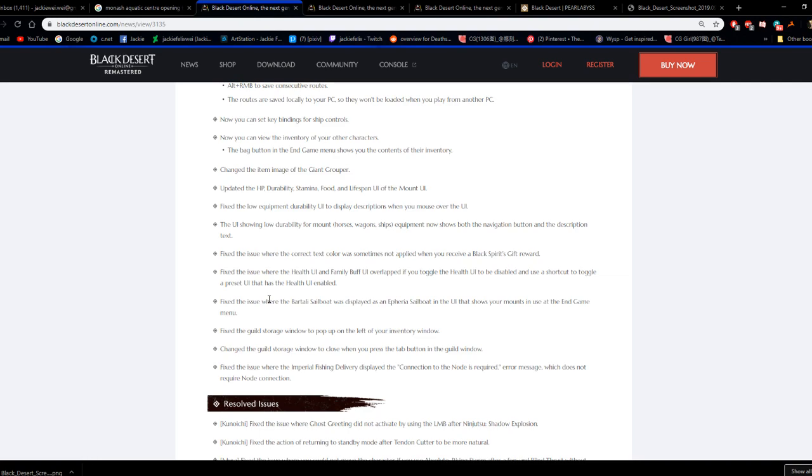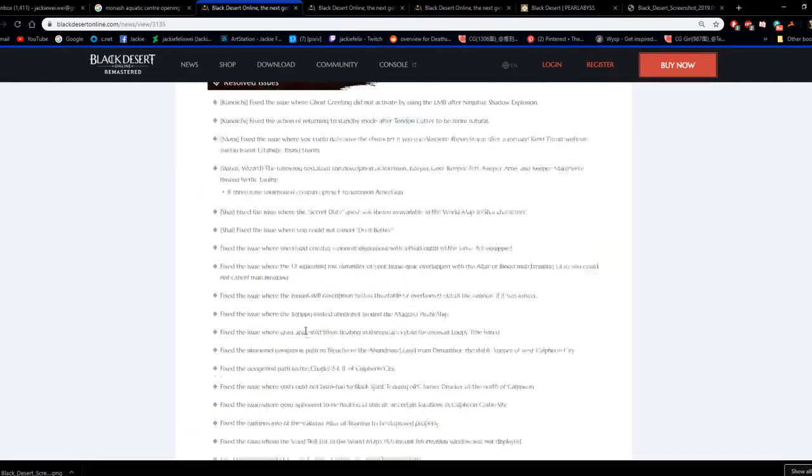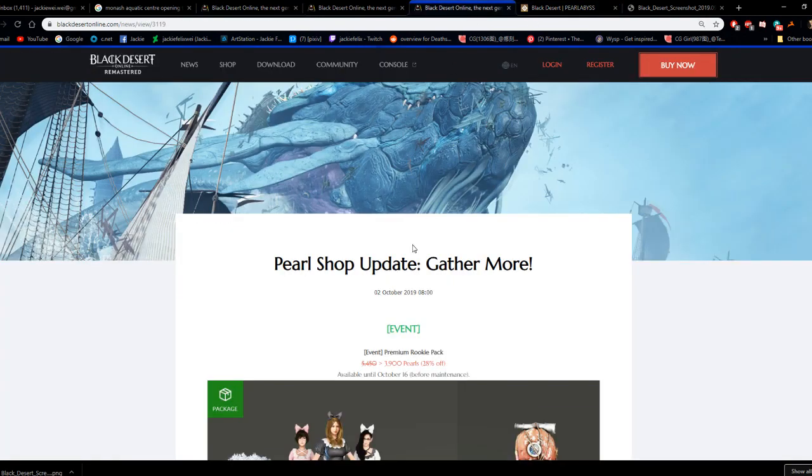So is there anything else we should go through here? I don't think so. So resolved issues, I'll leave you guys to go through this section yourself if you want to have a look. Okay, so now that I've gone through the NAU patch notes, we'll just quickly skim over